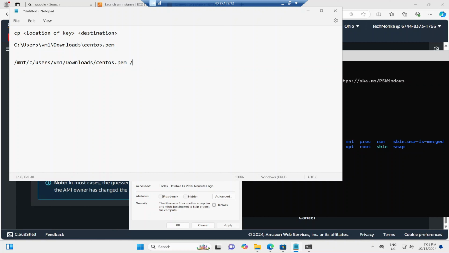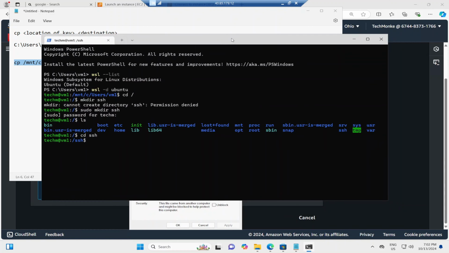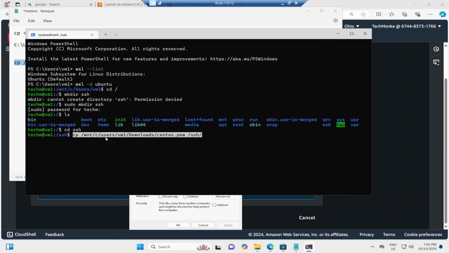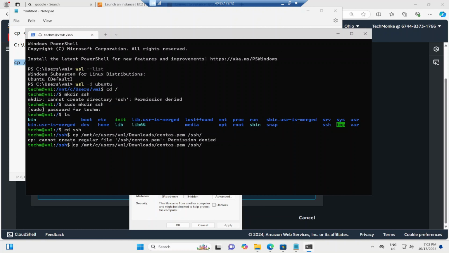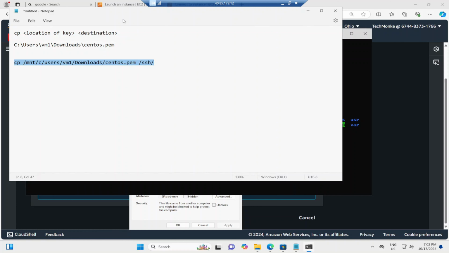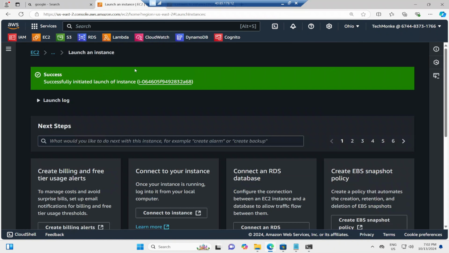Next, we will specify our destination, so that will just be /ssh/. So our whole command will be this, to copy our key. And if you get the permission denied, you just have to use the sudo there. So now if we click ls, our key is there. Now, if we go to the next step,